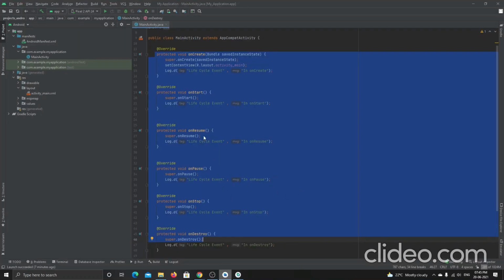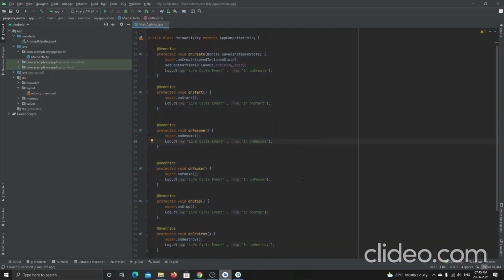If you don't write this code also, all these methods are executed. Whether you write this code or not, it doesn't care. It just executes. These are inbuilt methods. So you don't need to write all these codes, but for educational purposes, try these codes, just to get the messages.